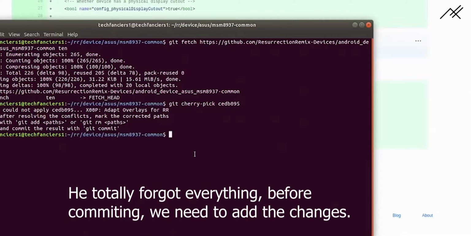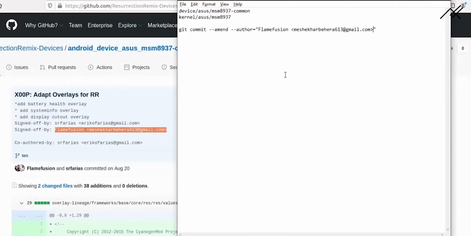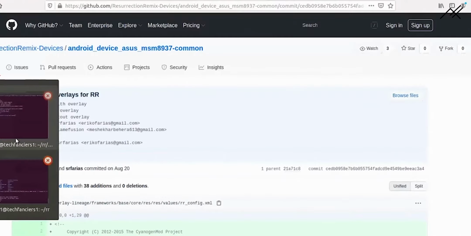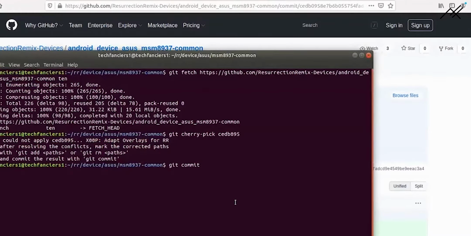So what I'm going to do is git commit, and I need to author his name. Git commit --amend --author, equal to, I need to give his name.